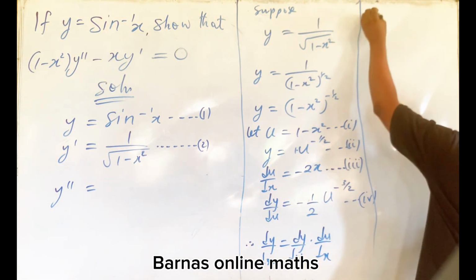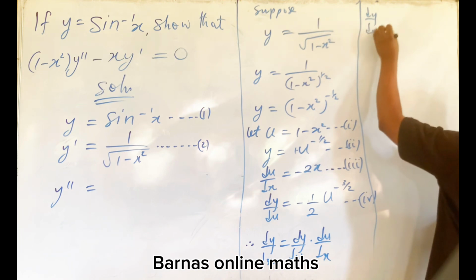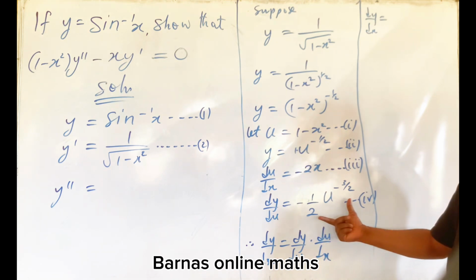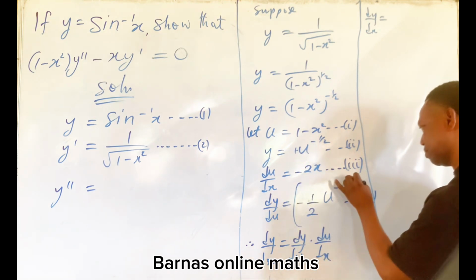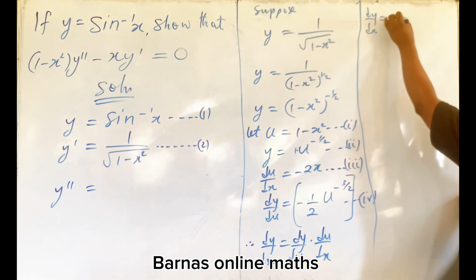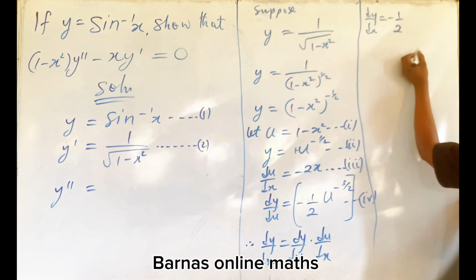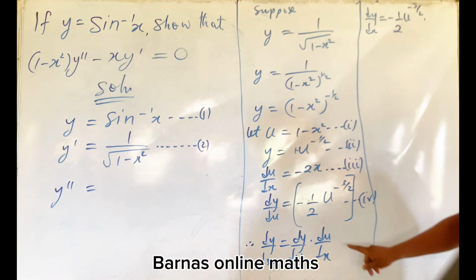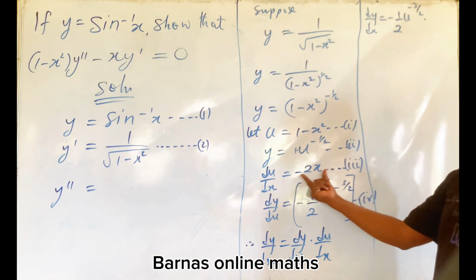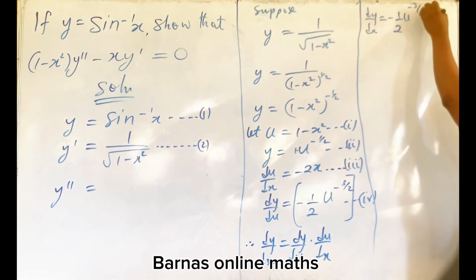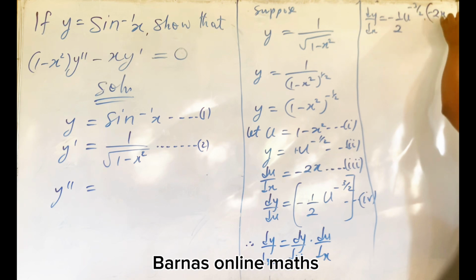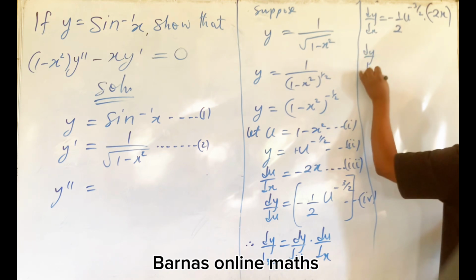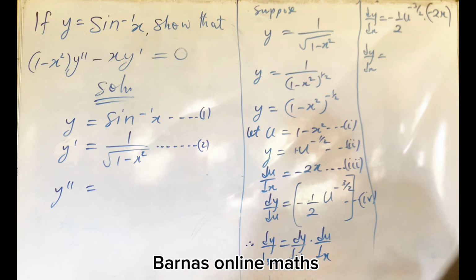Therefore, let's complete it here. Therefore, our dy dx is equal to, of course, our dy du is the whole of this, which is minus 1 over 2, then u to power minus 3 over 2, times du dx. Our du dx is said to be minus 2x. So we are going to have this to be minus 2x. So if we simplify further, that becomes our dy dx will be equal to